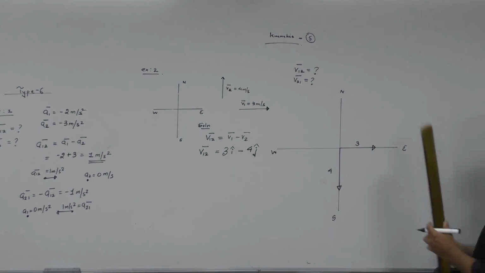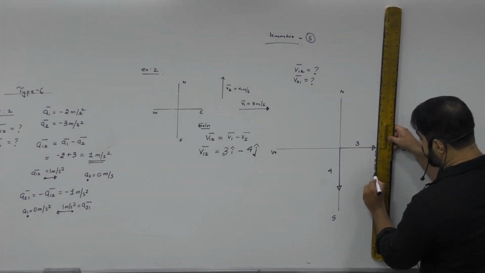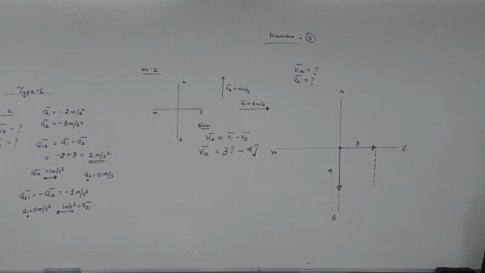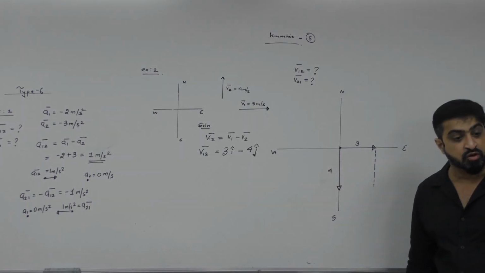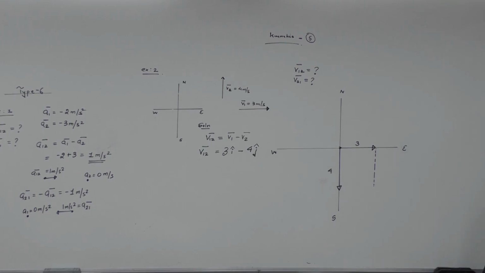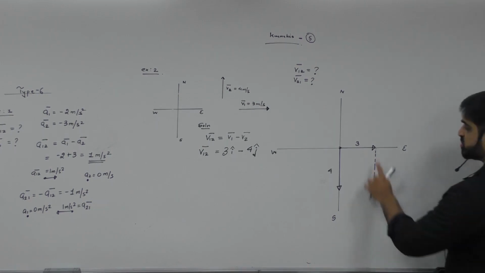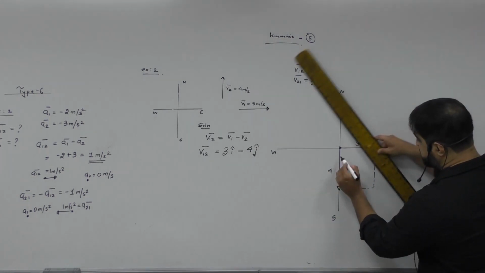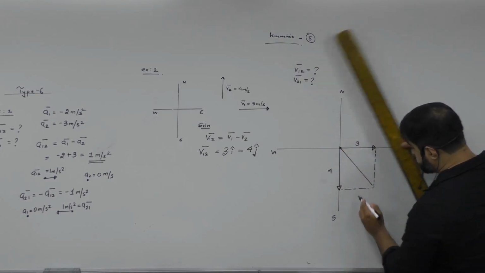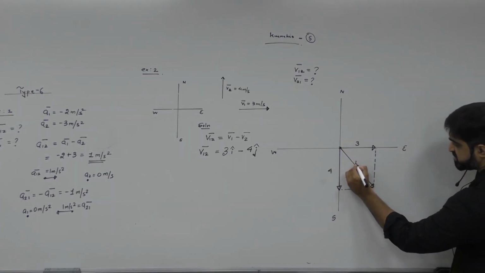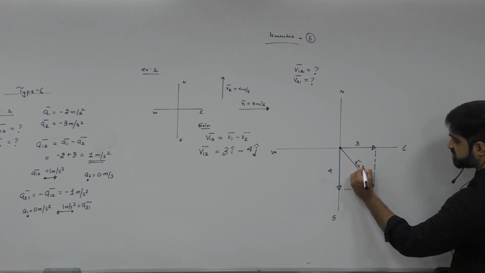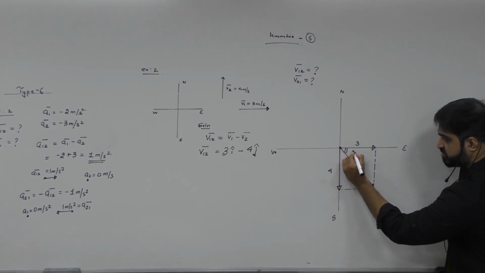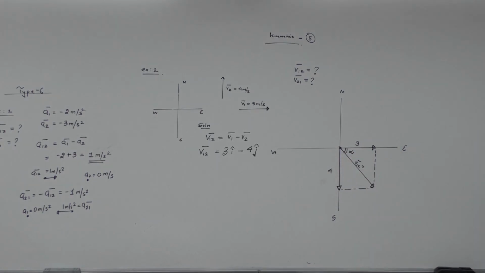Now out of this I will draw a parallelogram. Sir, why are you drawing the parallelogram? Because the tails of the 2 vectors are joined. If the head of the first will be joining the tail of the second, you can draw a triangle. But in the parallelogram law, the tails of the 2 vectors are joined, they are meeting at the same point. Remember? Who gives you the resultant? The diagonal, which is also passing through the same point. This is V12 bar, which will have magnitude as well as direction, and the direction will be given by this angle. Remember,